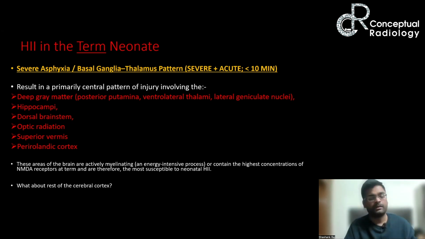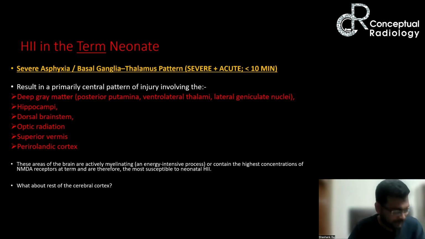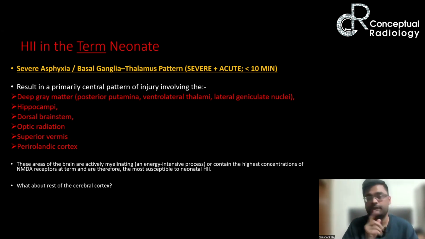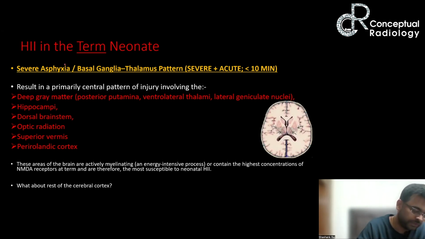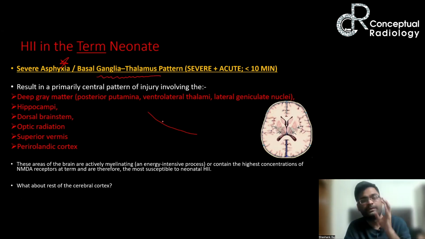So we'll discuss now hypoxic ischemic insult in a term neonate. Just remember this, we are discussing term neonate right now. Starting with severe hypoxia, when a term neonate undergoes severe hypoxic insult, remember this is called a BGT pattern, basal ganglia thalamus pattern, because what we discussed was when there is severe insult, there will be injury to more hypermetabolically active